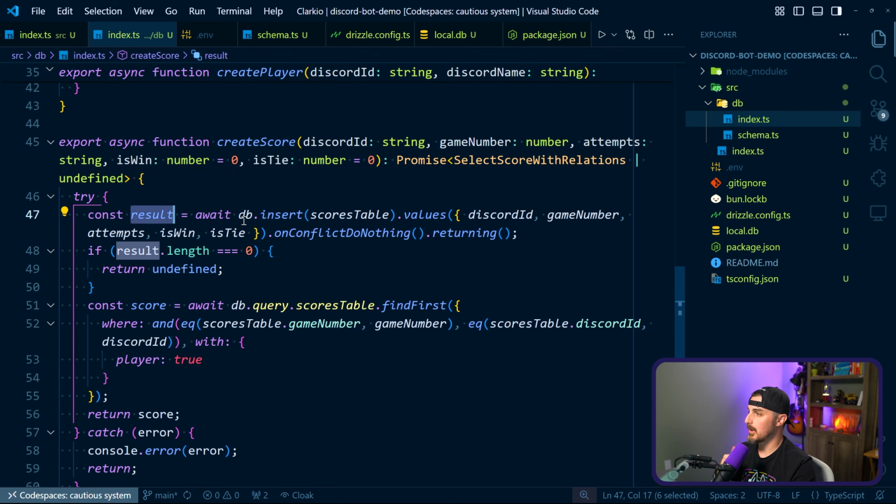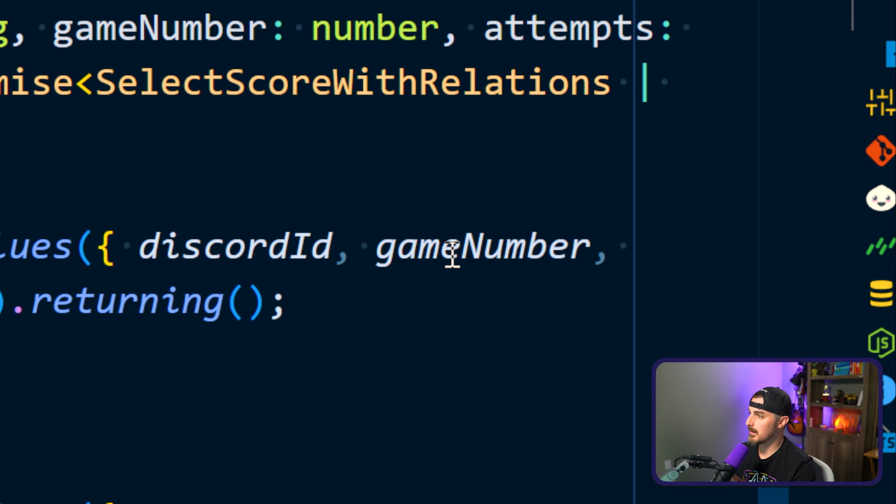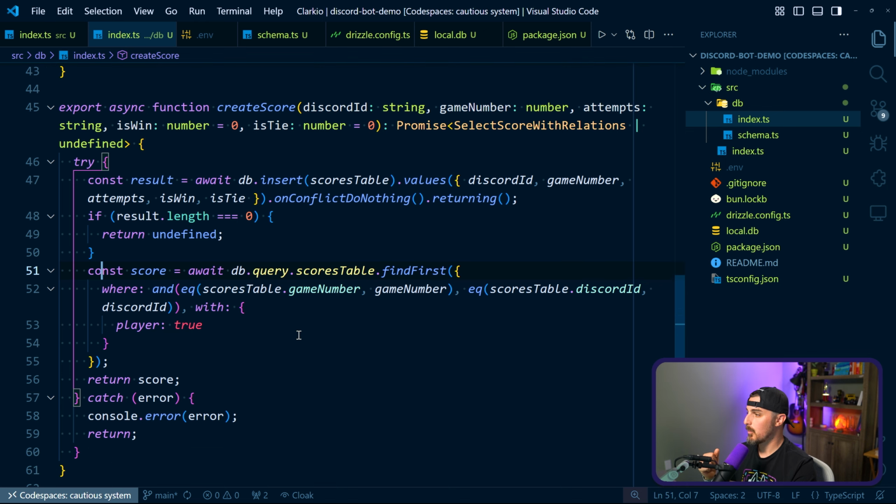And in this case, what we're going to do is say db insert the scores table, those values that we received in the function. And then on conflict, we're doing nothing. And then we want to return the result of that, the entity of that, and that gets assigned here in the result variable. We check to see if that length is equal to 0, meaning it wasn't actually inserted, and we return undefined. Otherwise, we're going to find the first entry in the scores table for that score that's associated with this result, where the scores table game number matches the game number we just used and the Discord ID,